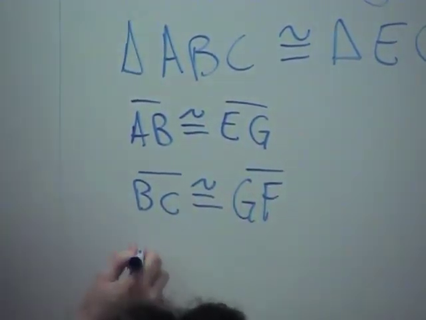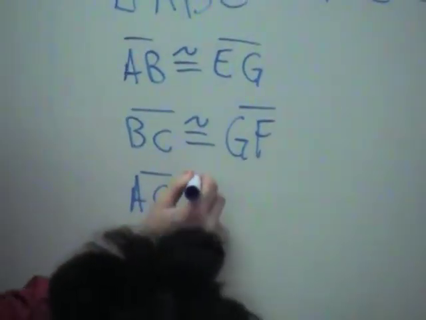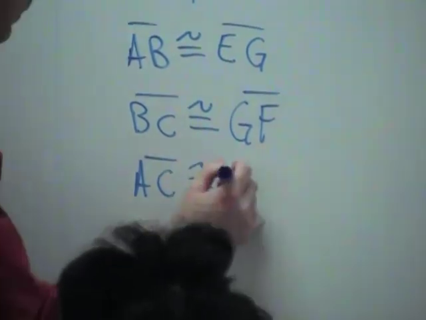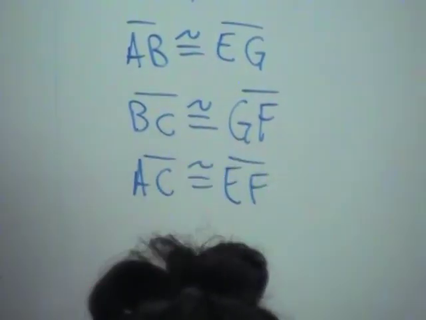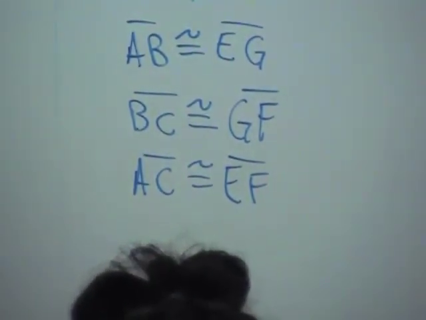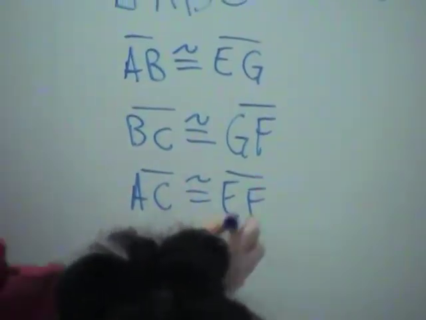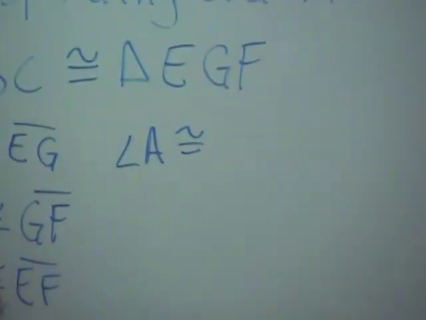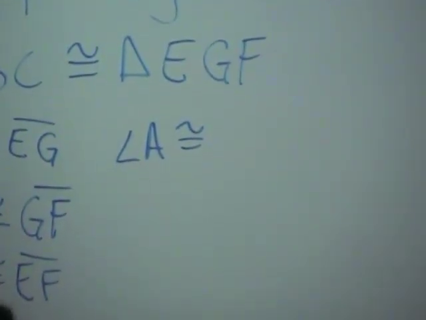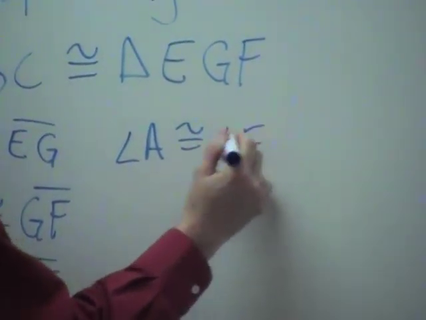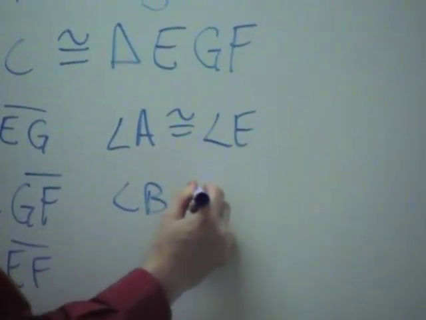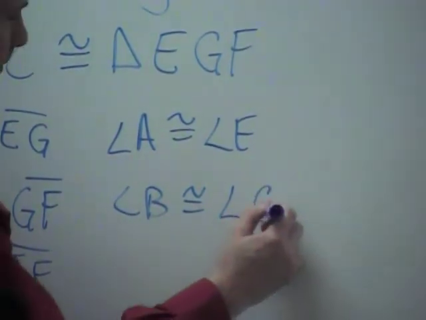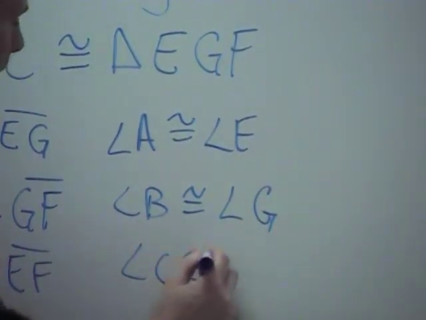Okay, so then what is AC congruent to? Now those are the sides. What about the angles? Angle A congruent to what? There you go. Angle E. Angle B is congruent to G. And angle C is congruent to angle